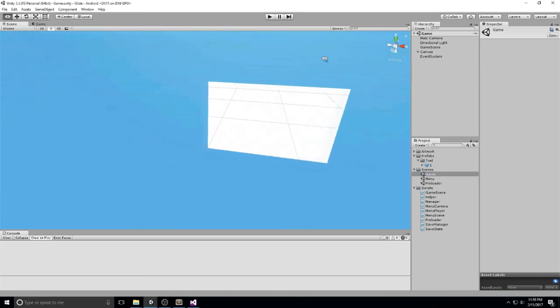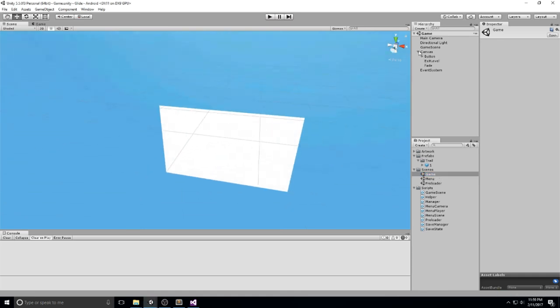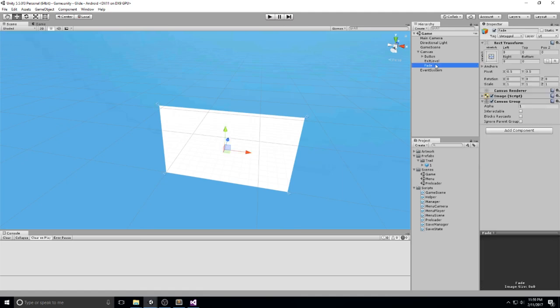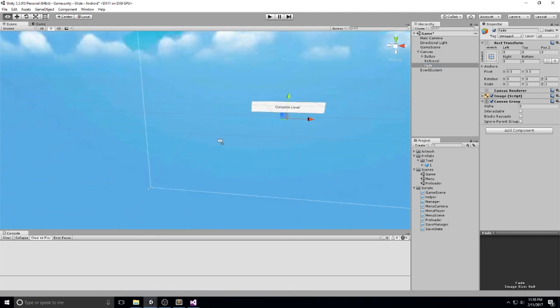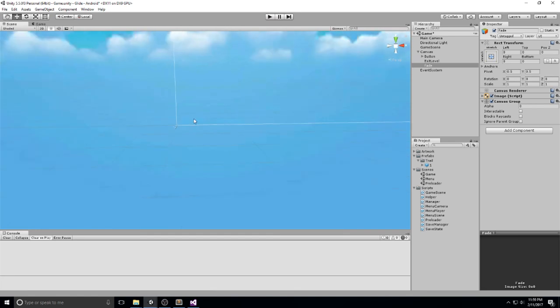Here it is. I am currently in the game scene. As you can tell, that's the same canvas we have pretty much everywhere with the fade, and then beneath the fade there is the game scene. By the way, you can also set your fade alpha to 0, so you can actually tell that you're doing something on it. The code actually makes sure that it is alpha 1 when we start the scene. So let's head down very close to the origin, and this is actually where we're going to be dropping our